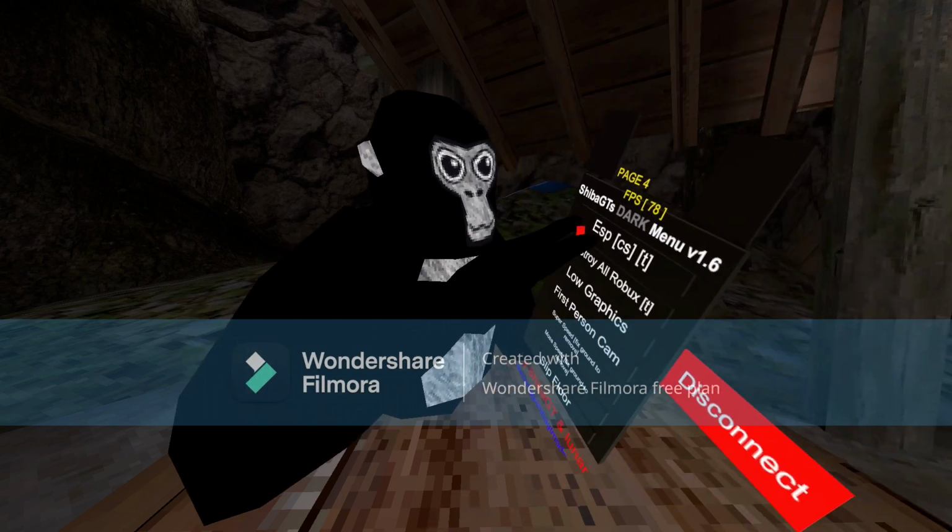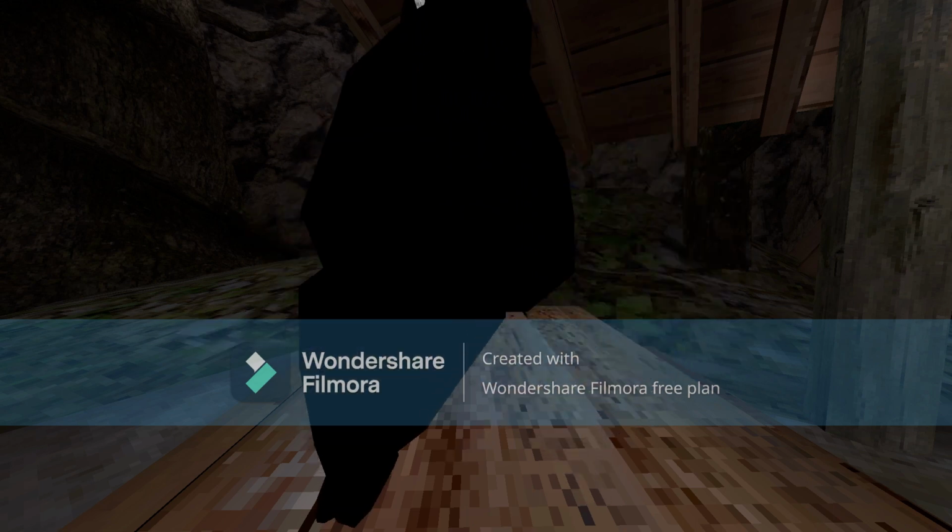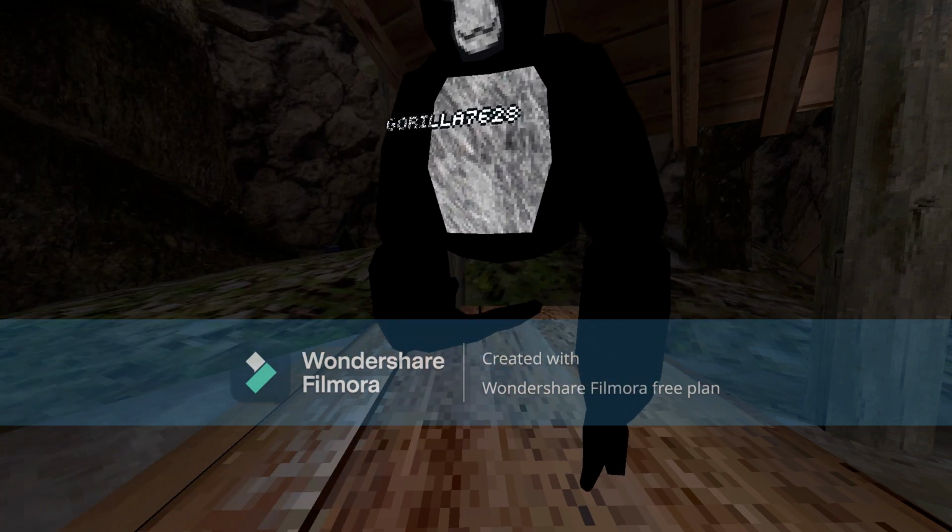And next you have ESP. It's one of these triggers. There's no one here. I'm in a private code. I have no friends. So